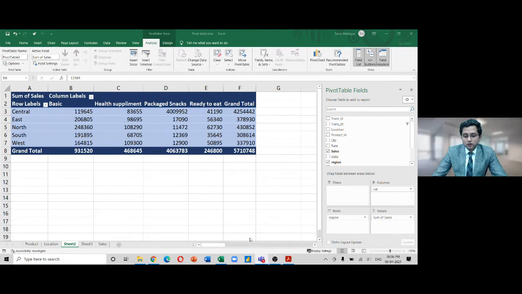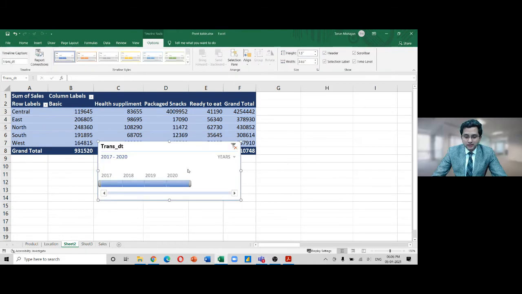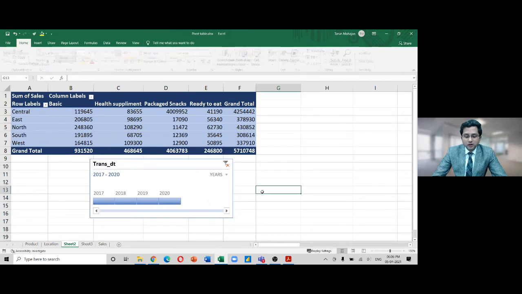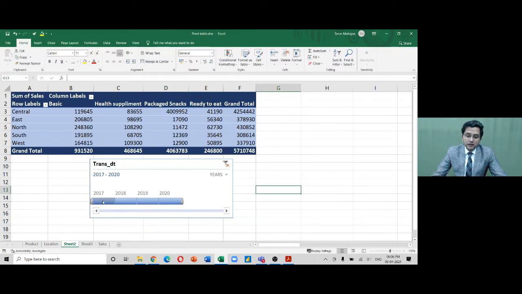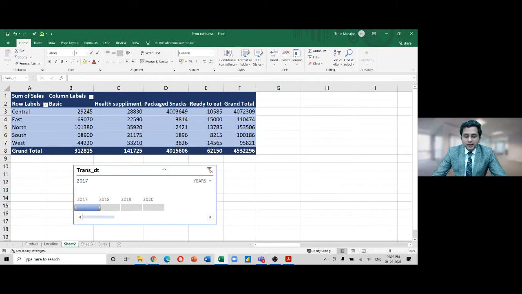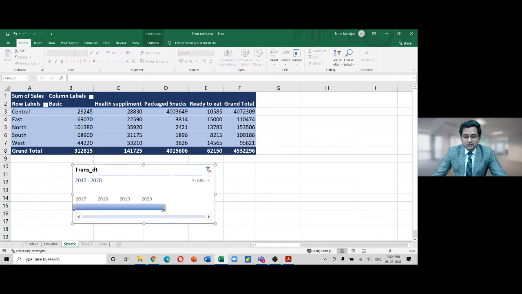So that's why this one time slicer is there. In one time slicer, I can choose year by year, quarter by quarter, month by month, day by day. Suppose currently I have chosen it year by year, and if I just click on 2017, then all other items go away. And look here, now this pivot table, see if every single item is selected, my sales total is,